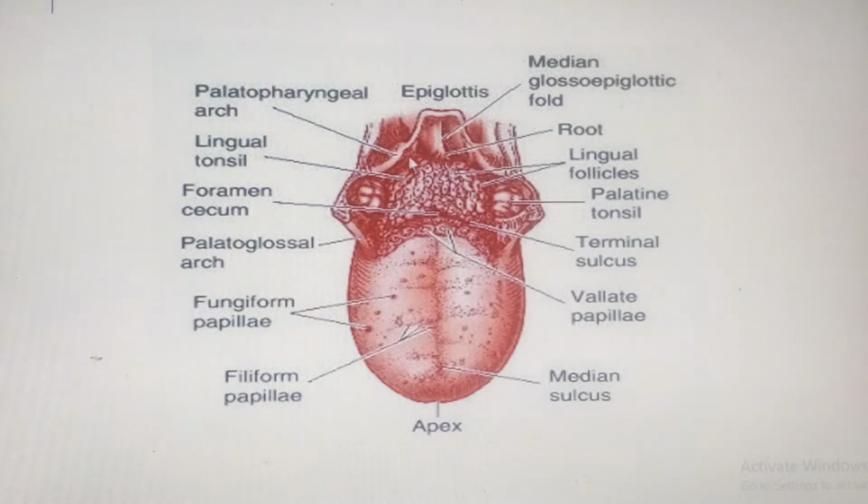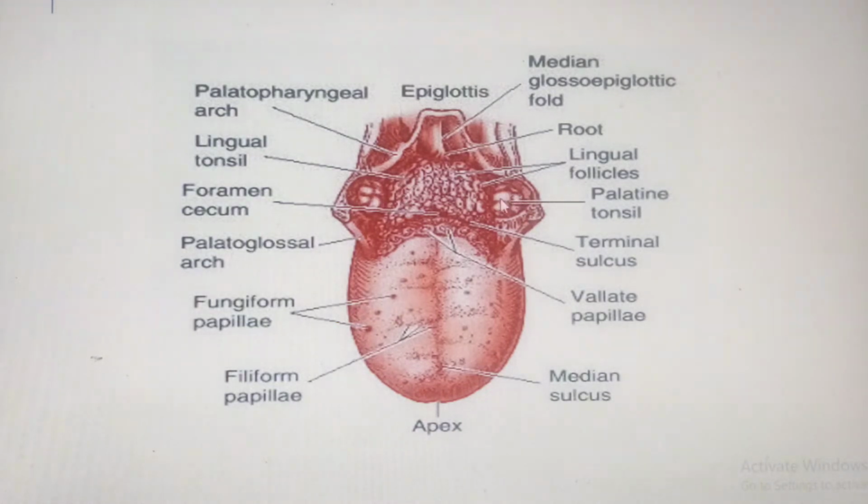And then even lateral to that one, we are going to have the posterior pillar of fauces, being the palatopharyngeal arch or palatopharyngeal fold. And then even anterior to that, we are going to have the palatoglossal fold. We are talking about the palate. We know the palate forms the roof of the oral cavity. So from the palate all the way to the tongue, there's a fold. And then from the palate all the way to the oropharynx, there's also going to be a fold, and in between them there's that fossa, where of course the